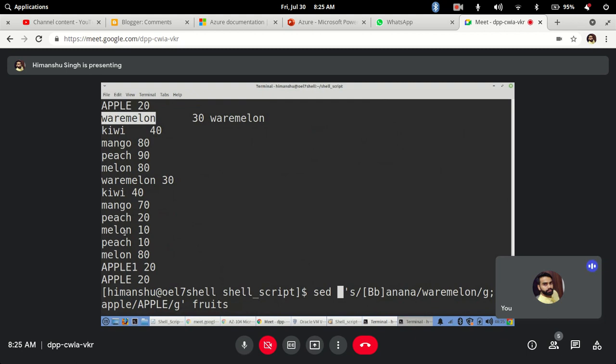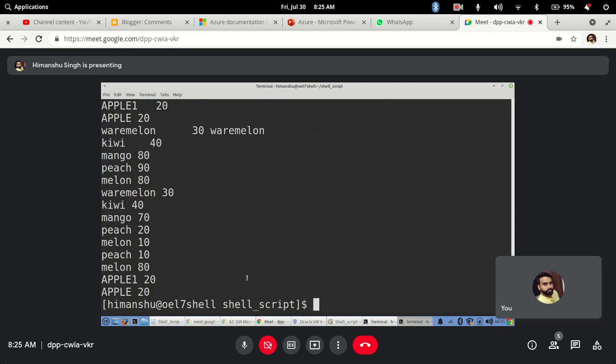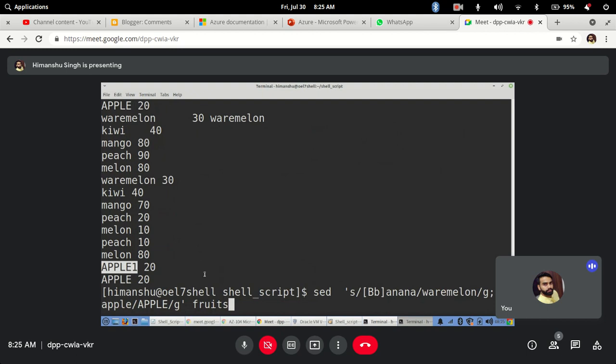So it will take two expressions simultaneously without giving the hyphen e option. Enter. Still it will do the same task. Okay, so this way you can do it.